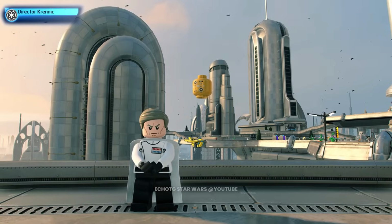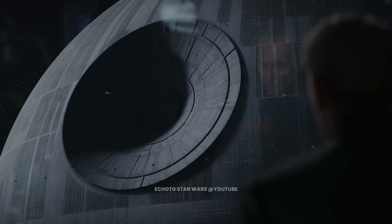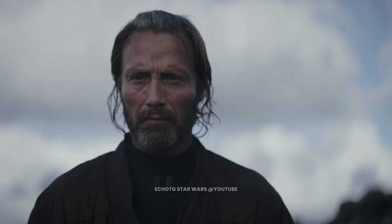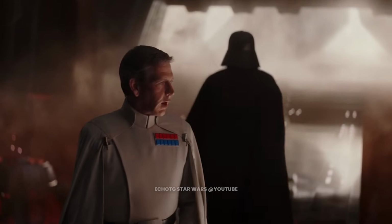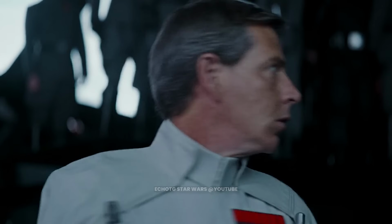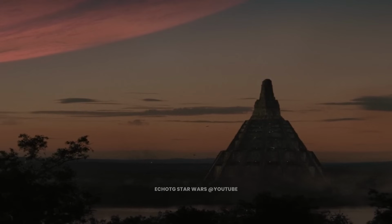This is Director Krennic. Orson Krennic was the volatile director in charge of developing the Death Star superweapon. Having manipulated former friend Galen Erso into helping him create the planet destroyer, Krennic had hoped to curry favor with the Emperor and go down in the Galactic Empire's history. However, his legacy was ruined after knowledge of a fatal flaw, deliberately installed by Erso, found its way to the